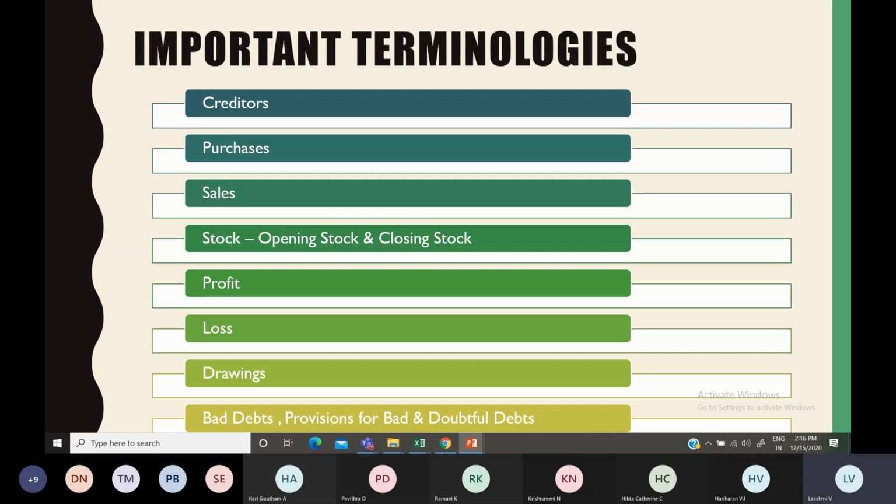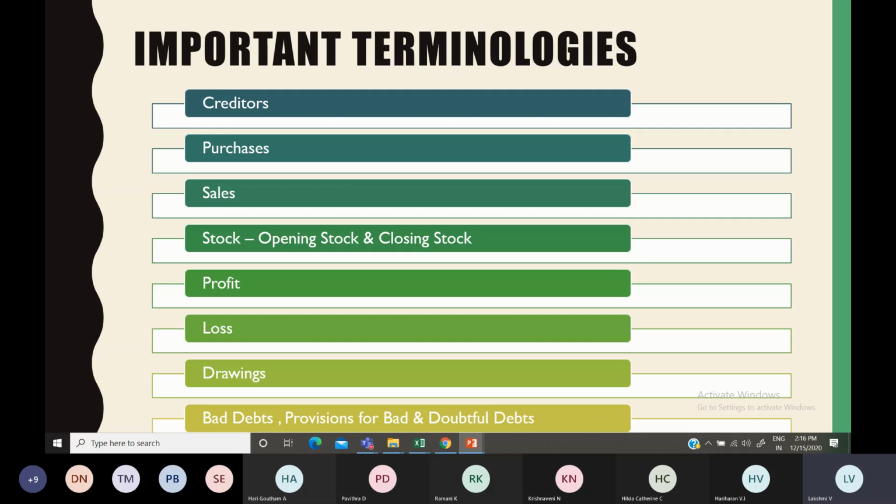Like that, the provision for bad and doubtful debts is made because he may pay or may not pay. You are not certain about that payment, so you can create some provisions for that. That is known as provision for bad and doubtful debts. Suppose I have fixed 40,000 that I won't receive back. If he is paying, then I might also give a discount to him. That is known as provision for discount on debtors.